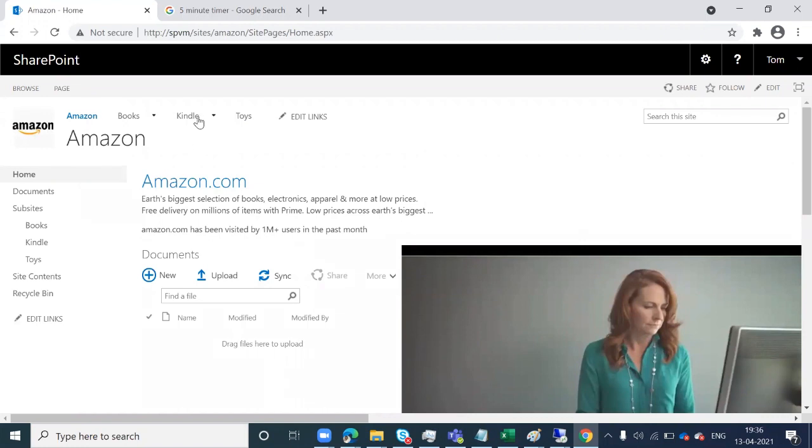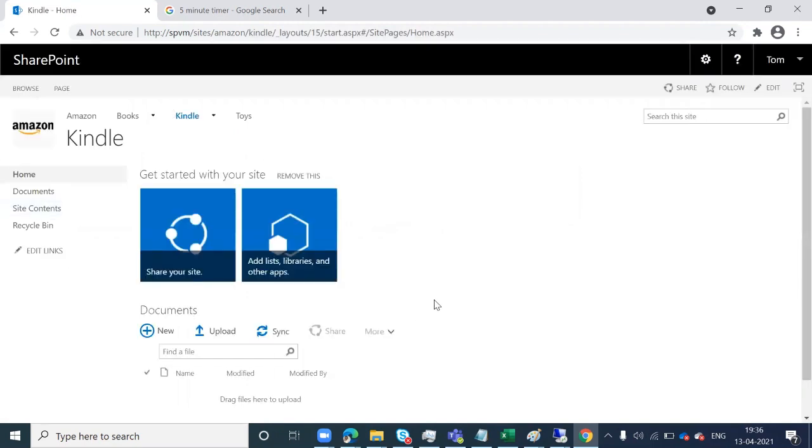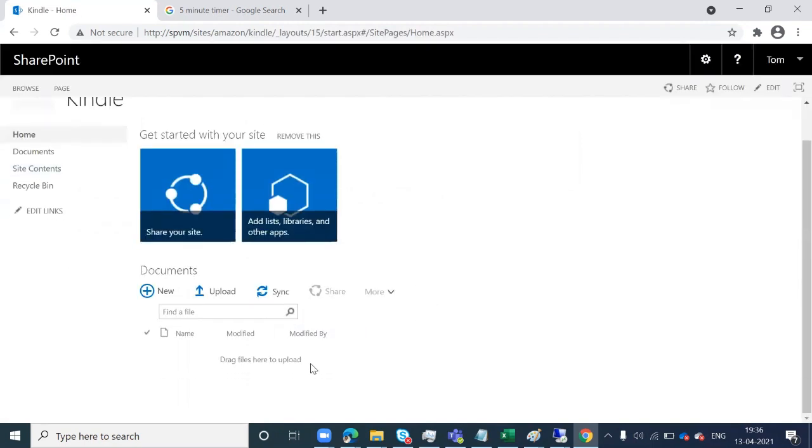All right. That looks good. Wonderful. Now what will happen if I go to Kindle? All right. What is going to give me? It says that I have something called name, modified, modified by, but